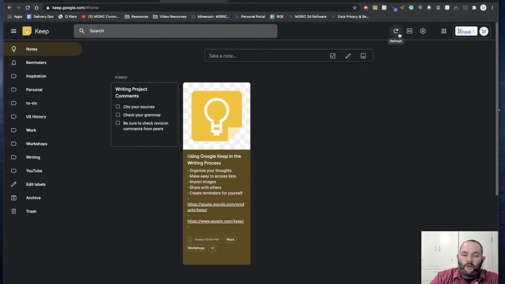And there is a refresh option, which sometimes comes in handy if you're working with both your laptop or Chromebook, or your teacher device, desktop maybe, and your phone. And I'll get into that in a second. Sometimes you'll have to refresh the page just for things to appear on both devices. So they put a button for that right within the interface here.